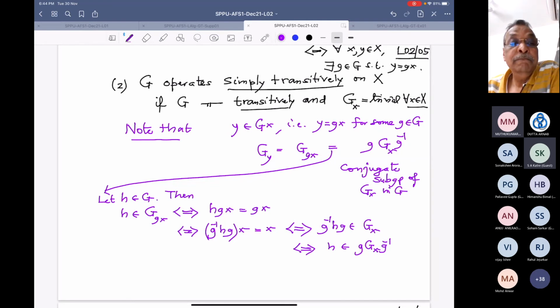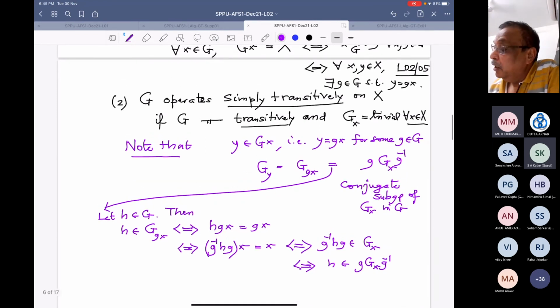All right. So the proofs are not difficult if you are very clear of the notation and of the definitions. All right. So we have proved that when two elements are in the same orbit, the stabilizers or isotropies are related: they vary in their conjugacy classes of subgroups. All right. Now coming back here, simply transitively.